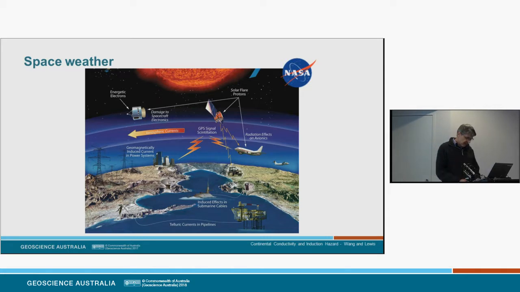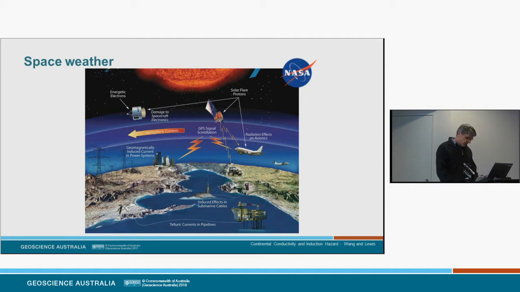And this image here depicts many of those space weather hazards, including the increase in high energy particles that strike the Earth during solar storms, the effects on the operation and the orbits of satellites, the degradation of HF radio signals and other radio signals that pass through or bounce off the ionosphere, like GPS satellite navigation signals. The one we're particularly interested in today is telluric Earth currents, which can affect long man-made conductors such as electrical power networks and pipelines.